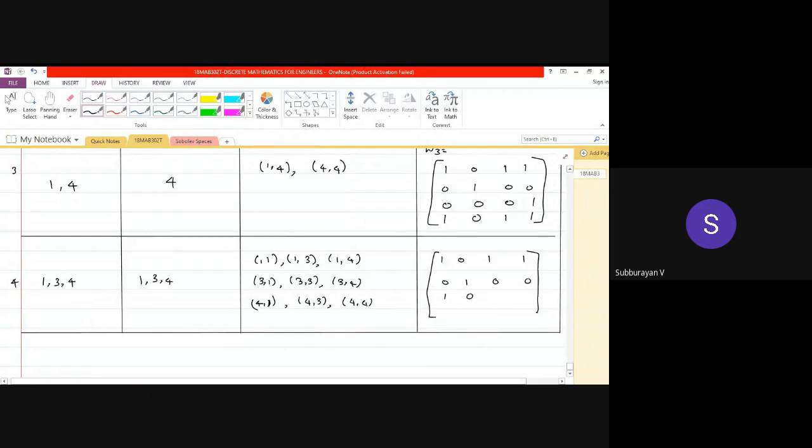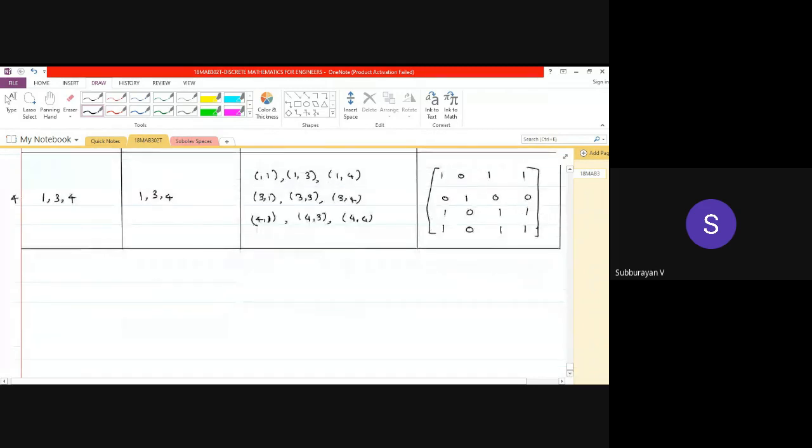And 3, 3: in the previous matrix it is 0, but in the new matrix it should be 1, so it is 1. And 3, 4 is already 1, so put 1. 4, 1 is 1, and 4, 2 is not there, so put 0, and 4, 3 is 1, and 4, 4 is 1. Okay, now see, this is the final matrix due to Warshall's algorithm. From the matrix, we can see that the given relation is a transitive relation.